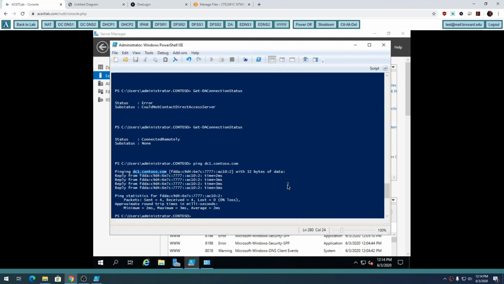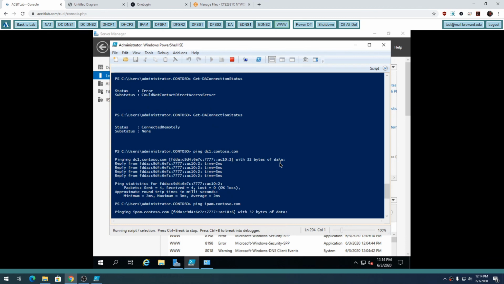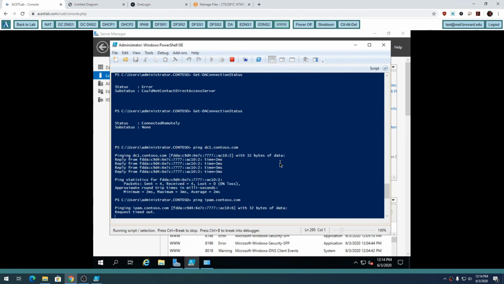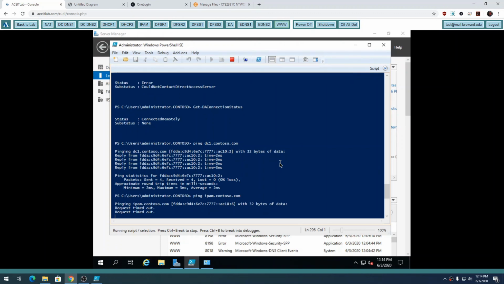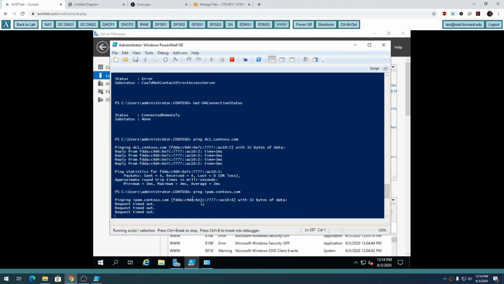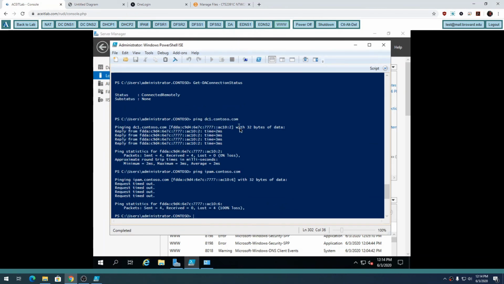So if I wanted to get to a network share or any resource that's available in my private network, I would go through the DA, and the DA would allow me to connect to that other machine because my DA is acting as kind of like a router. So I could do ping ipam.contoso.com. And again, it's given that IPAM server an IPv6 address automatically. It's obviously not, ping isn't open on that machine, but at least it's allowing me to resolve that IP to a name. So if I had any service I'd be offering internally on my private network, I'd be able to connect from